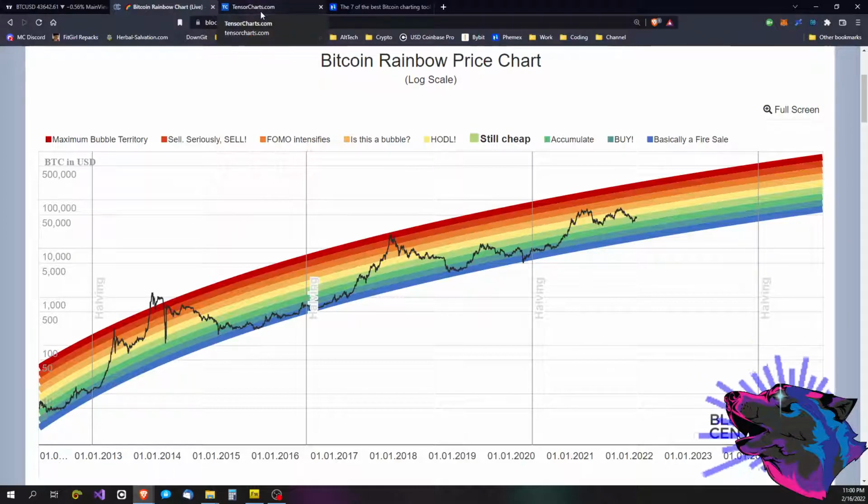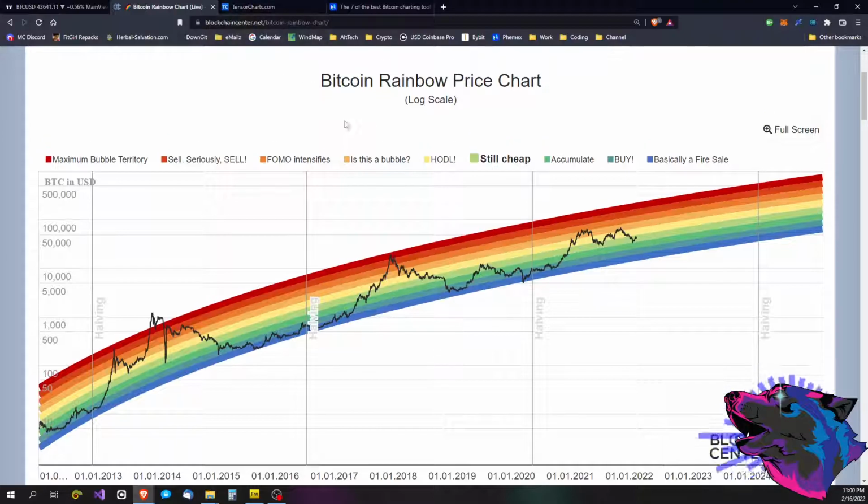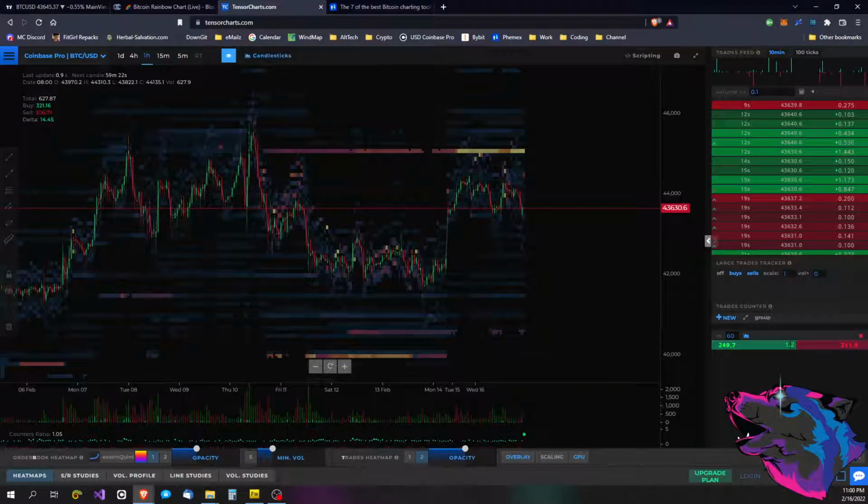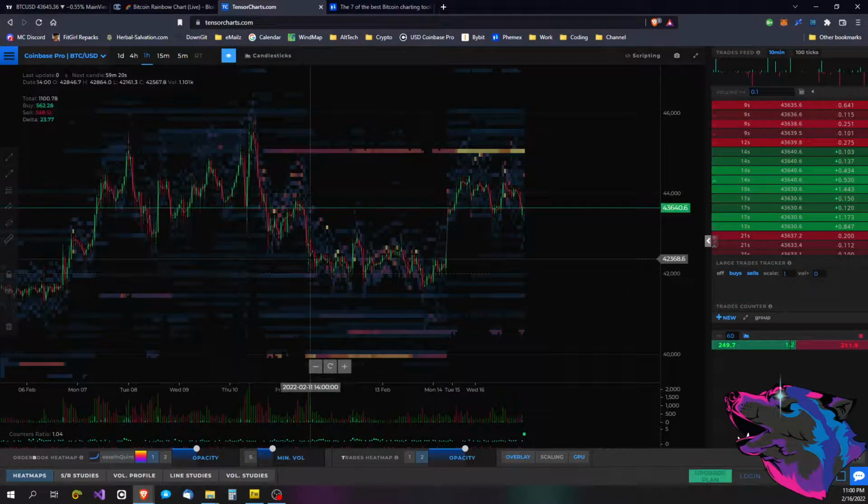That was our Bitcoin rainbow price chart. Now we are going, oh, and by the way, this is from blockchaincenter.net. And as far as I know, this is the official one. I've seen some imitators, but this guy right here, we are on